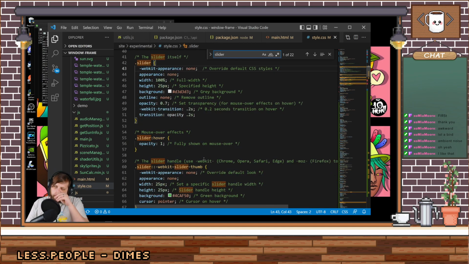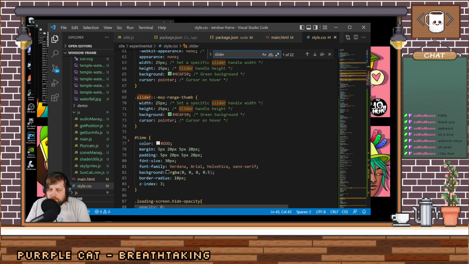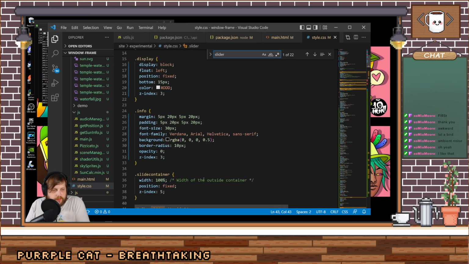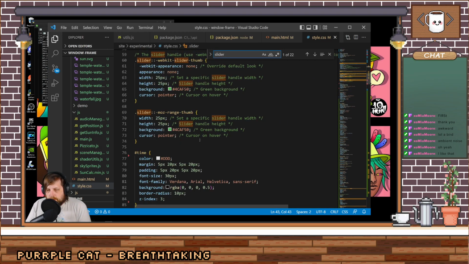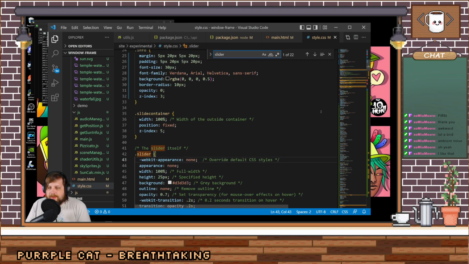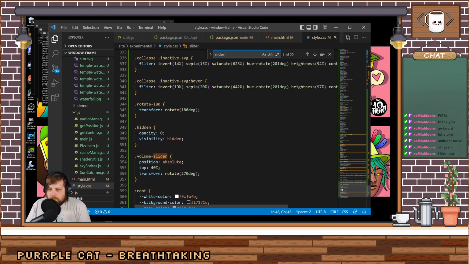Okay. Yeah, see, there's a bunch of stuff. The slider that I already had in here, I used a bunch of CSS to get it to do what I wanted it to do. And I copied most of it, as you can tell by the fact that the only comments here are from this. So yeah, let's for this one,